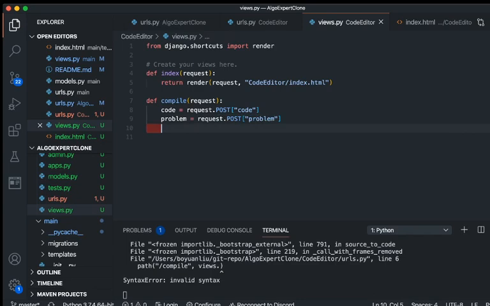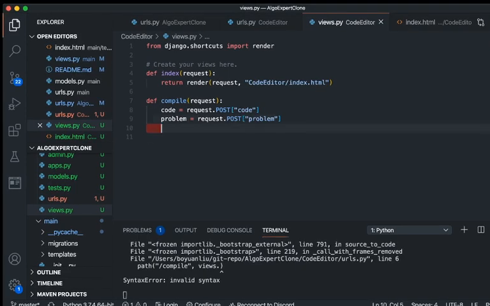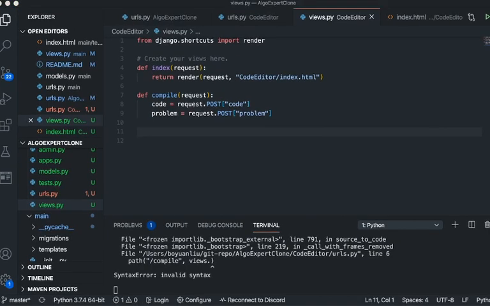So basically they will submit code to compile with the parameters problem and code. They will submit code as a parameter, and then now what we'll do